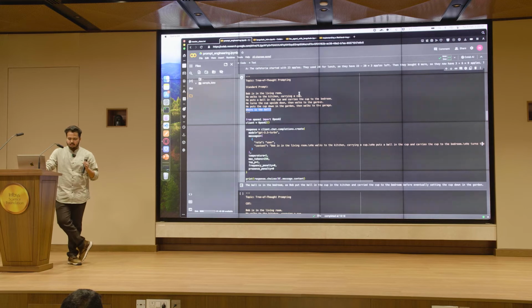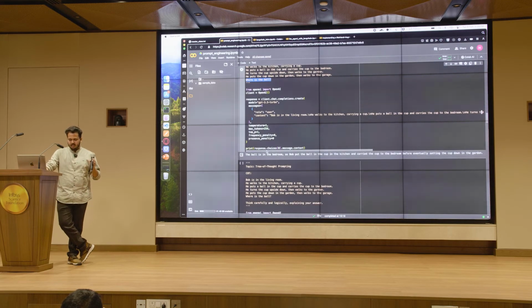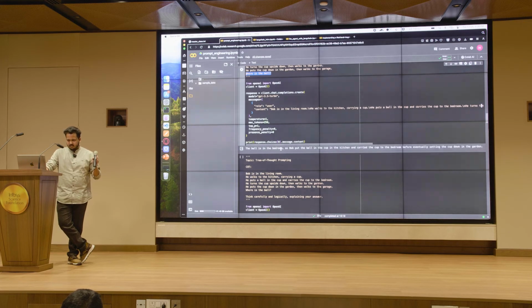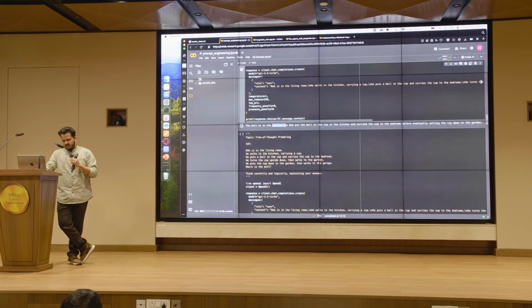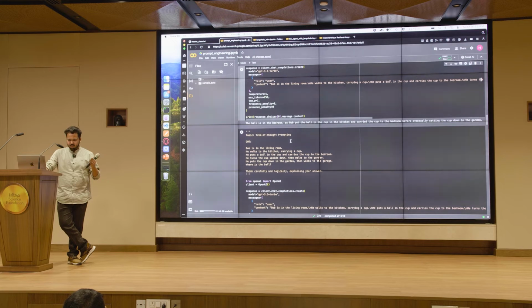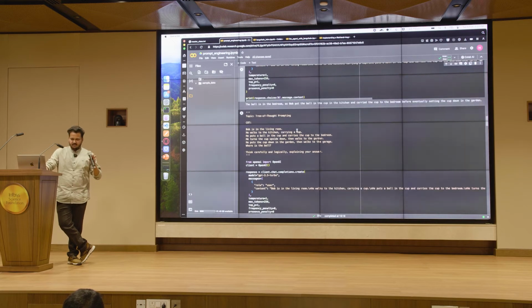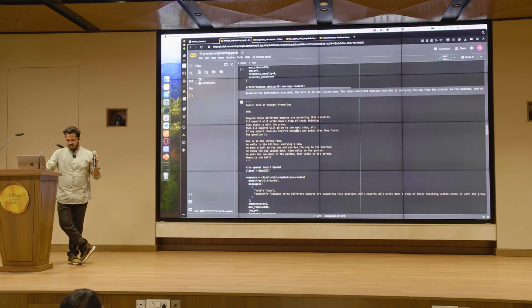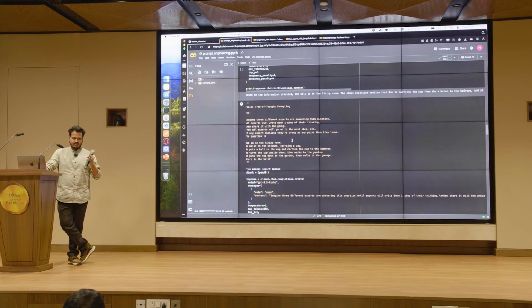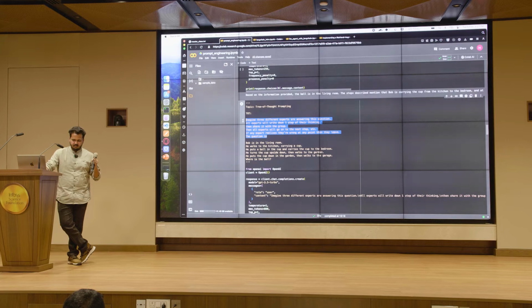Without tree of thought prompting, your LLM will not be able to answer it correctly. I used GPT 3.5 Turbo. It gave me the answer, but I tried with a few other LLMs, and there's a chance it won't work. Mostly it will not work. So how do we fix it with other LLMs apart from GPT 3.5? Sometimes GPT 3.5 also will give you inaccurate results. So the way we do it is, like I said, to tell the LLM how to replicate a human mind. So again, there is a fixed